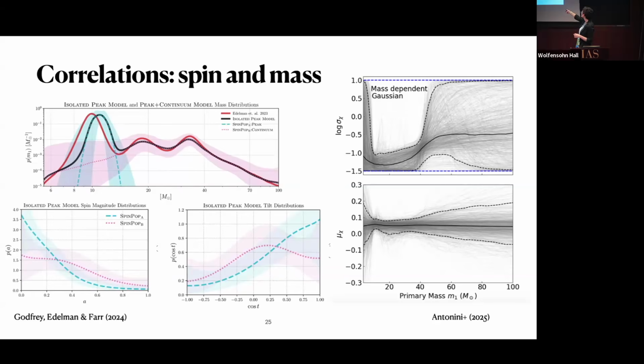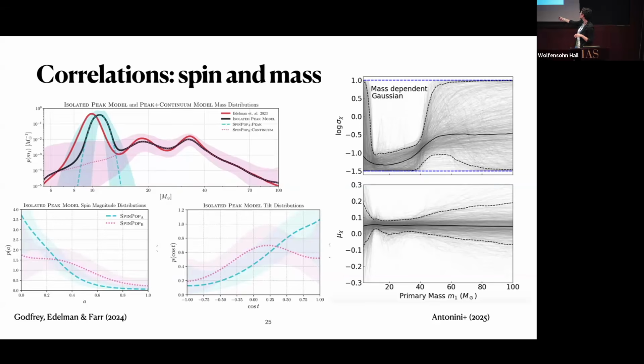So at higher masses, particularly above 45 solar masses or so, they're finding that the chi-effective distribution broadens a lot, which is consistent with higher spin magnitudes. So above 45 solar masses, black holes seem to have higher spin magnitudes than at lower masses. And this is actually a very exciting result because I think it hints at the pair instability mass gap being at 45 solar masses. And again, I'll explain more about that in the next 2 lectures.